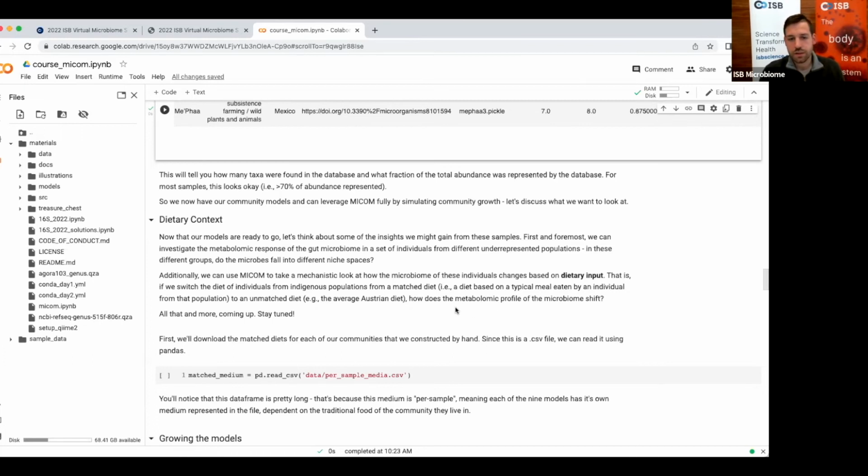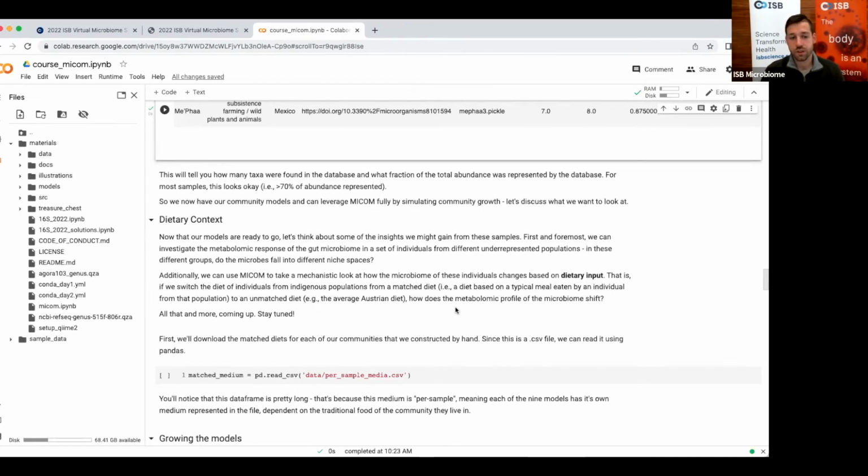So let's think a little bit about the insights that we might want to gain from these samples. So first and foremost, we can use Mycom in order to investigate the metabolomic response of the gut microbiome. And we've discussed that a little bit. And one thing we're interested in is how that metabolic output changes based on dietary input. So we can use Mycom to take a mechanistic look at how the dietary input changes the metabolic behavior of